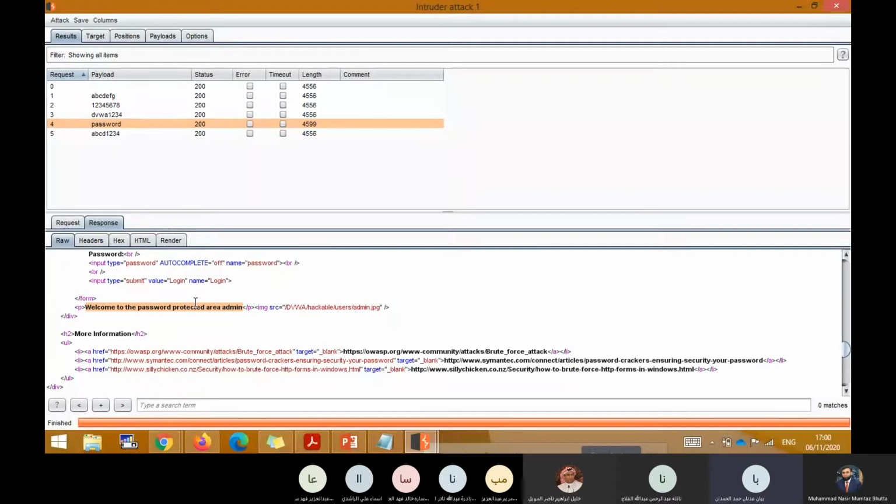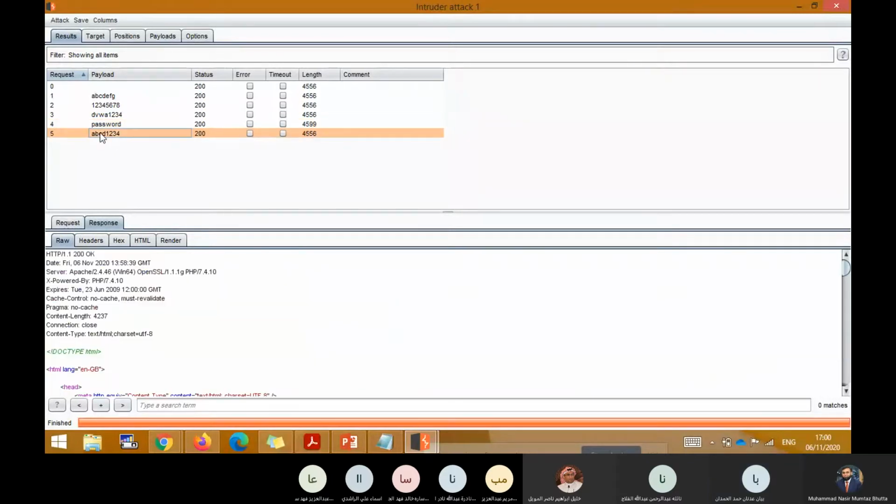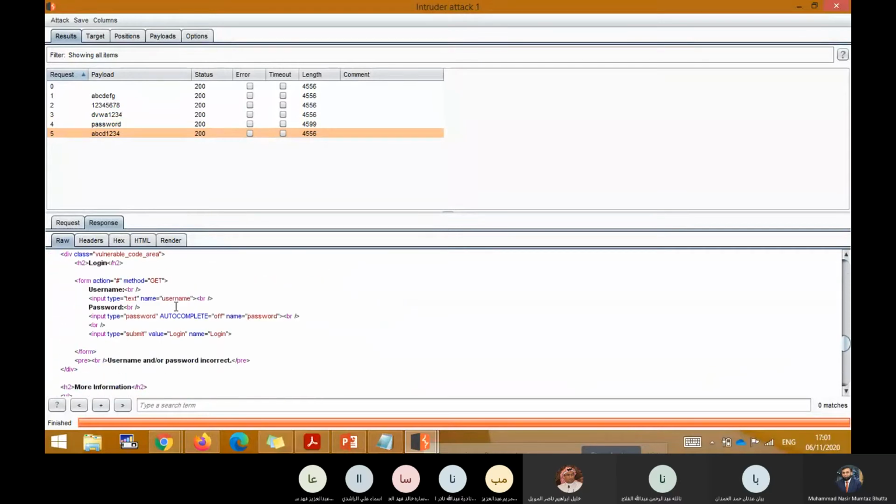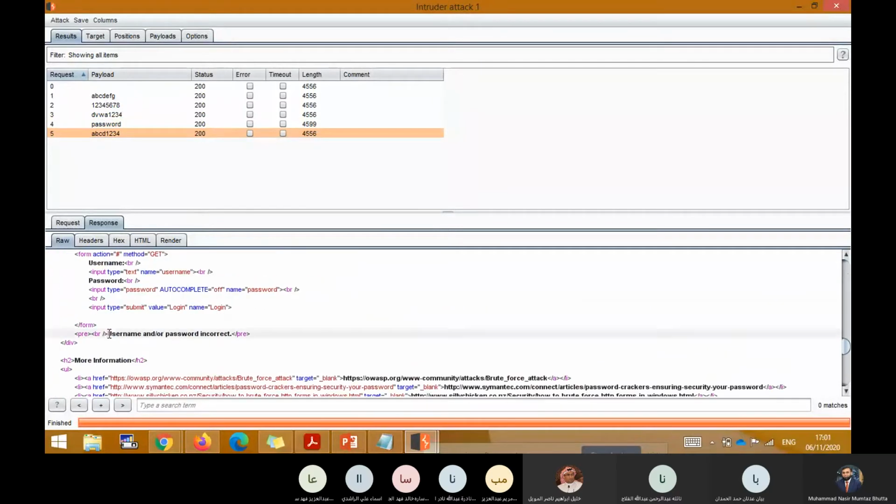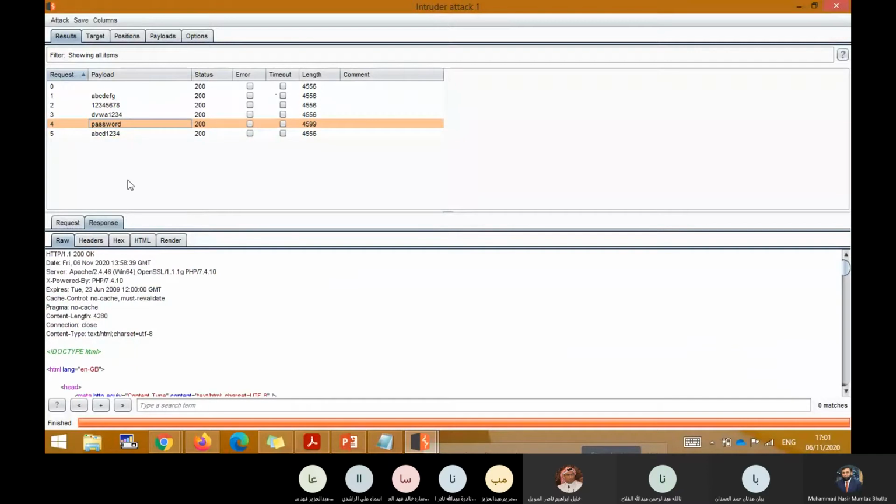Thank you. Okay. Now one situation is that even after the correct password, it has kept trying the wrong passwords again. And you can see here username, password incorrect, and there is no change here. So how would we know which password was correct?